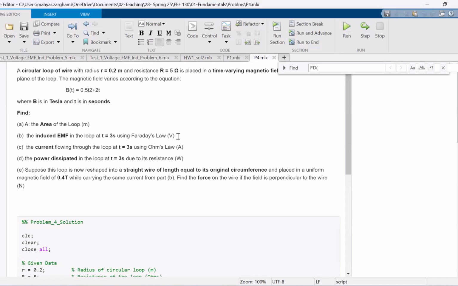All right, so this is talking about a circular loop of wire, which has a certain radius and a certain, basically, impedance. And this is placed in a time-varying magnetic field perpendicular to the plane of the loop. So it would be something like